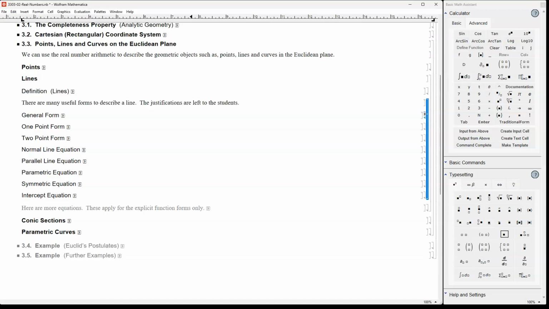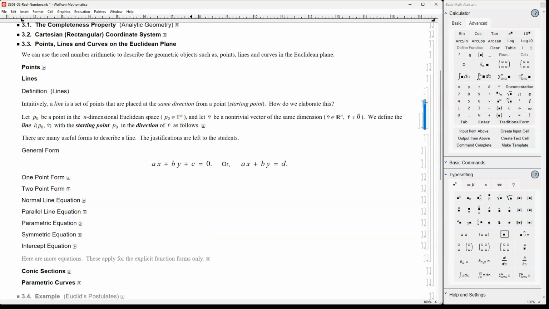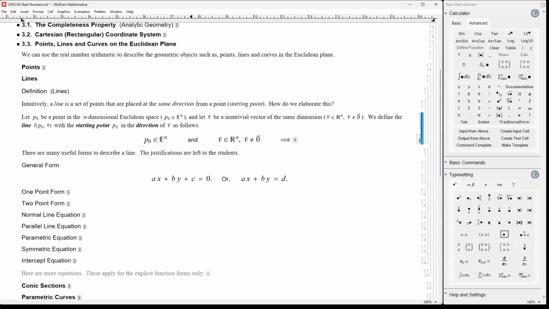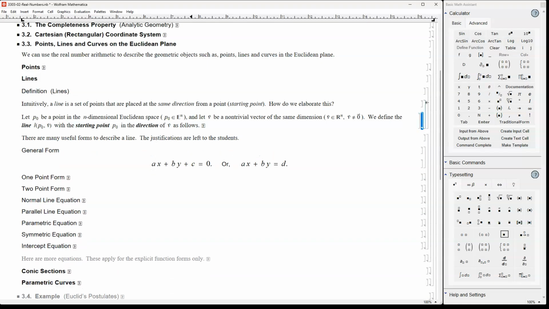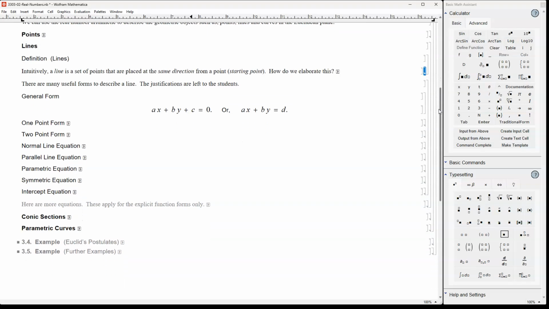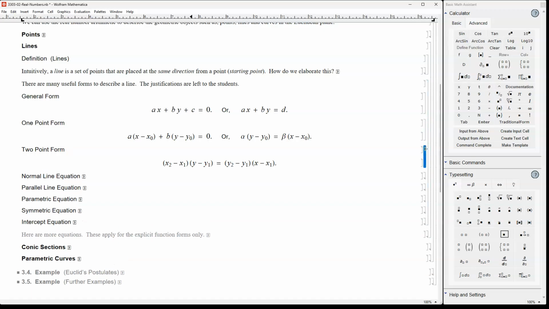In the case of two dimensions, each vector has only two components, x and y, so we end up with an equation of x and y only. And in the vector equation, we didn't see anything other than a linear combination. Just a linear combination, t times v, nothing more than that. Just addition and scalar multiplication by t. So we don't have any nonlinear term there, just first degree terms only. So that's the general form, and then the 1-point form, 2-point form,